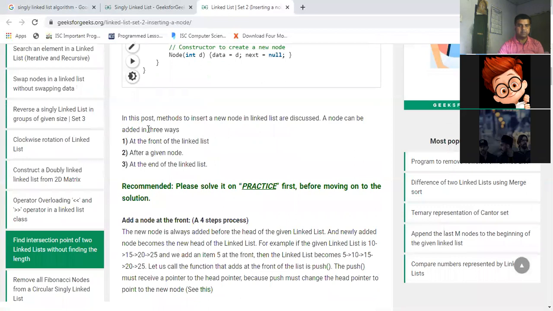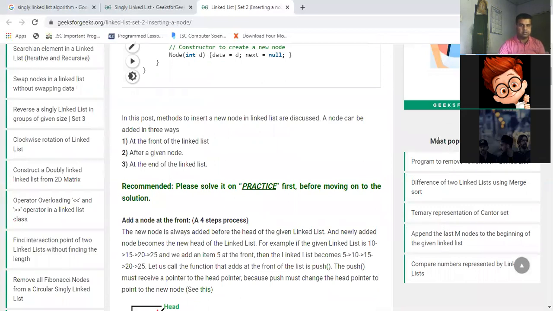Now in this part, as you can see in this post, the methods to insert a new node in the linked list are discussed. A node can be added in three ways. Number one, at the front of the linked list. That means you are inserting a node at the top of the linked list, creating a node which will become the head node.